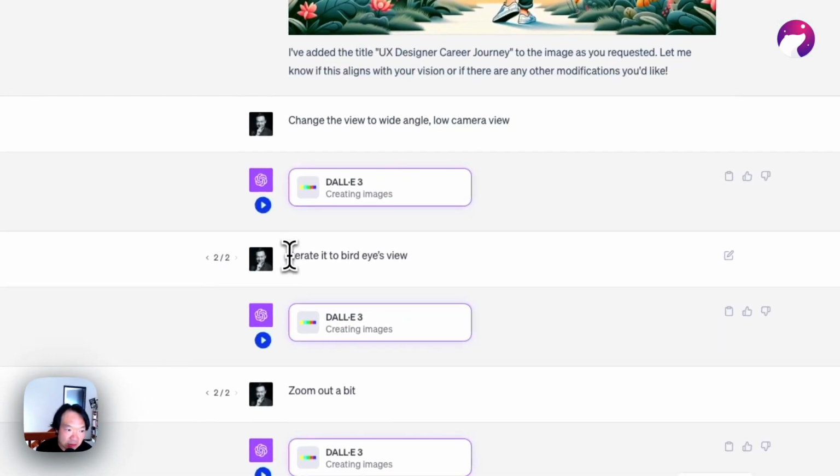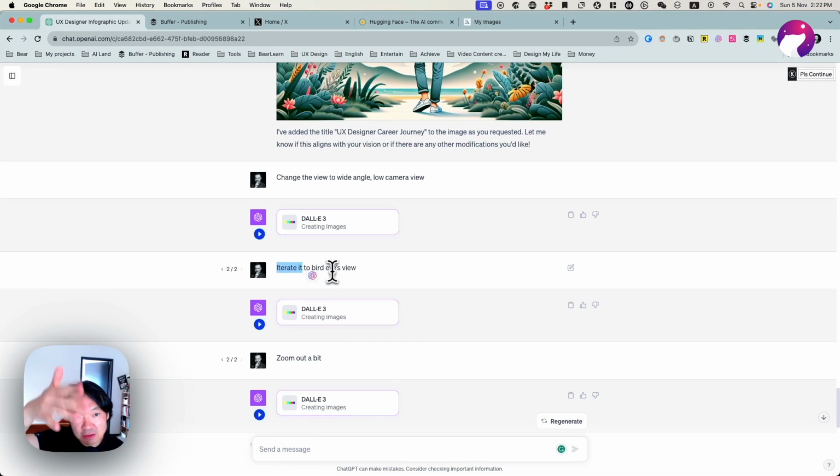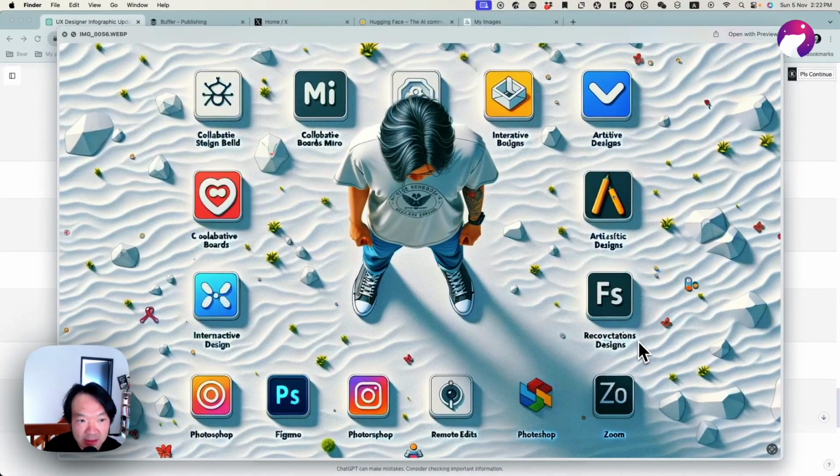And then I asked it, could you iterate to bird's eye view? I want to look at it from a higher perspective to see how it looks, because if you keep the same style and change the angle of the camera, how does it look? And the result is quite good. I really like this one because it's from a not very common position. And also I like the shadow and lighting effect. And also some details are actually quite good to notice. And it's quite decorative. So I think if you add something or update those texts, it could become a post or a poster or a ready to use illustration.